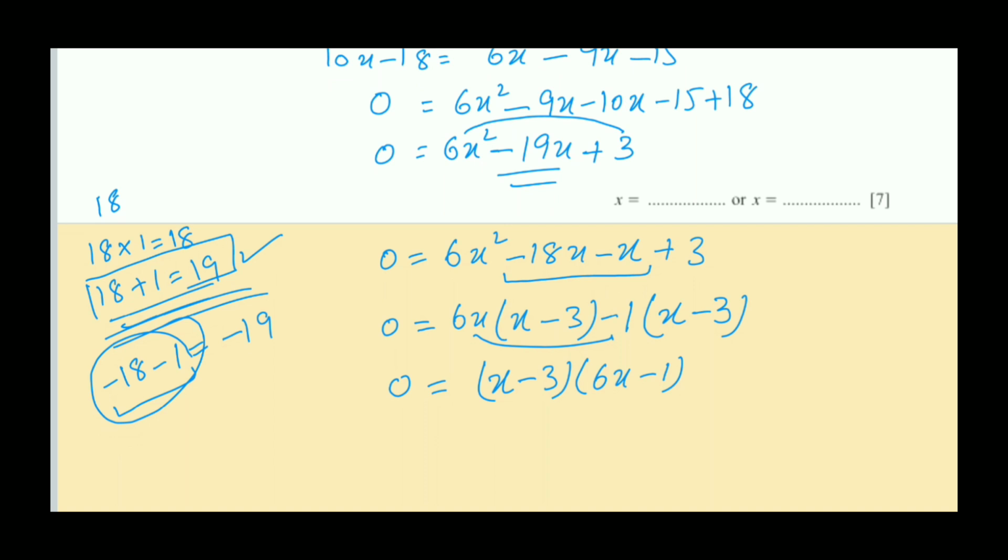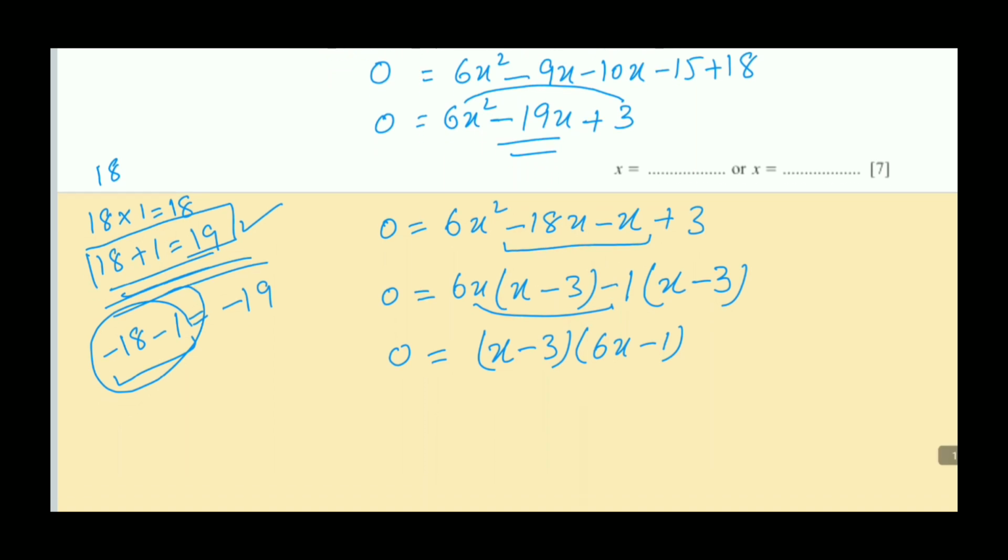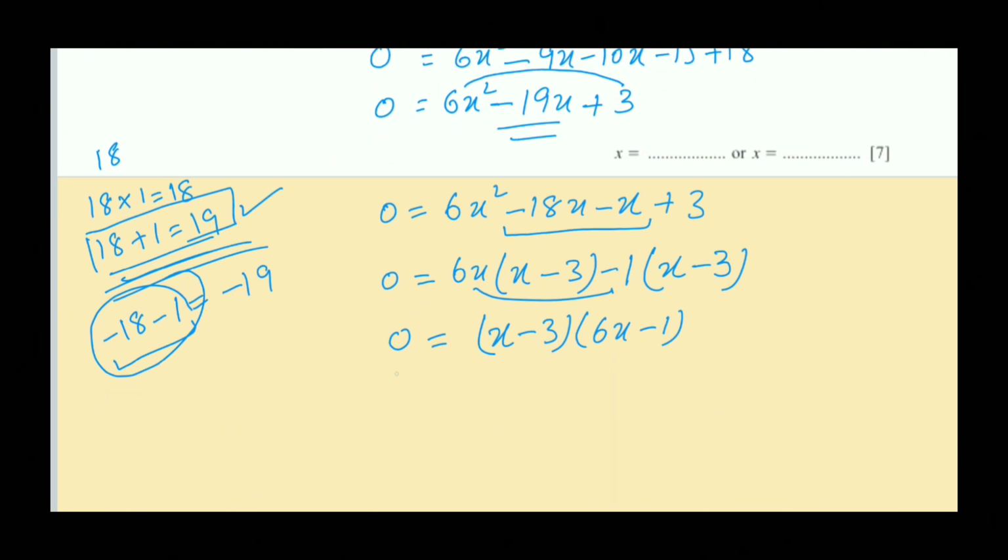Now what you have to do, as they are asking to find the value of x, so how to solve this equation? All of you know, if the equation is equal to 0, you will make two equations. x minus 3 is equal to 0, 6x minus 1 is equal to 0. After that you have to do this step if you are going to find the value of x. But what is the condition? If this is 0 here, then you can write them separately like that.